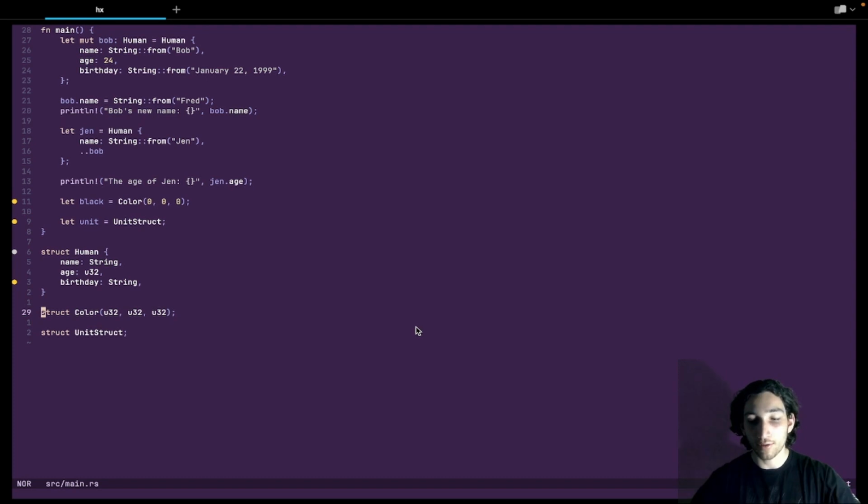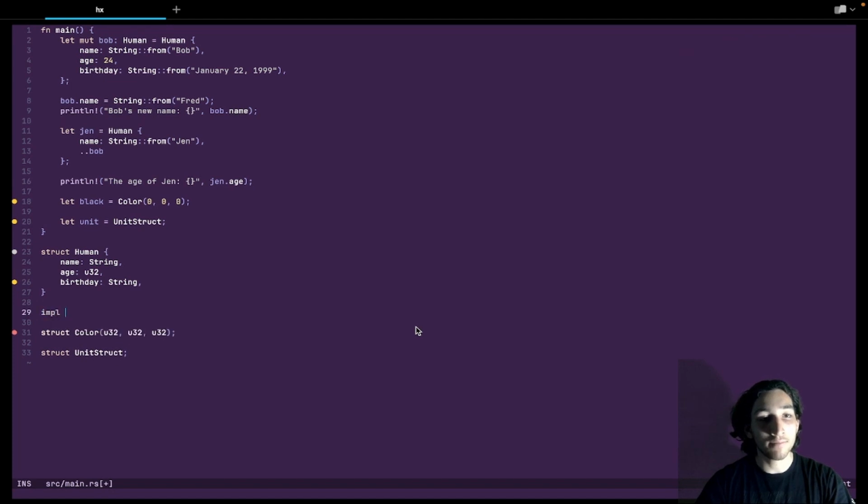So, for example, in order to create some methods for the struct Human, we can write the keyword impl, which stands for implement, and then we can put Human, the struct, and then curly braces. Now, everything inside of this will be associated with the struct Human. So we can create a function, and it will take in a variable called human of the type Human, and all it will do is print hello.